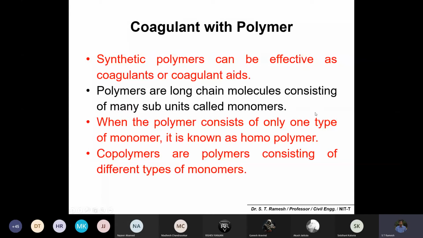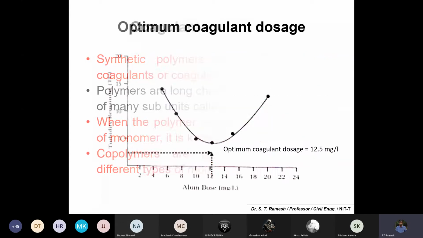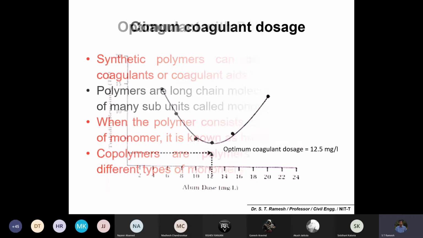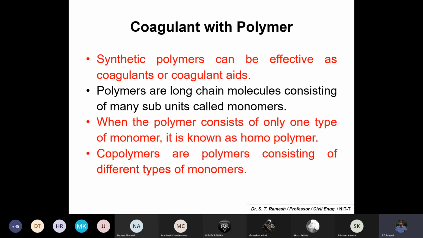Okay. So if you add chemicals like alum, iron salts, sodium aluminate, and others, we have discussed 6 or 7 different coagulants, which may contribute a lot of chemical sludge. And the dosage also sometimes we have to add in excess to remove a particular range of turbidity. To overcome that difficulty, now people have started trying polymers. So please make a note on polymers. Instead of chemical, they may also use coagulant with polymer.